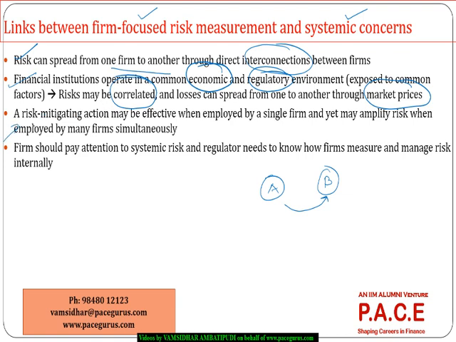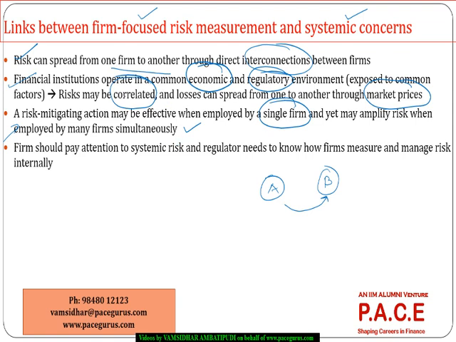The interesting aspect, however, is this particular statement. A risk mitigation action: I am implementing a risk mitigation plan. When I alone implement it, when my firm alone implements it, it's an effective and excellent plan. But if all the firms implement the same solution, the plan becomes ineffective, right? So every risk management solution, if I look at it from a firm-wise perspective, looks excellent. But if the same solution is implemented by all the firms in the economy, then there is no benefit coming out of that solution. That is how one single solution implemented at a firm level would be carried to the entire system,